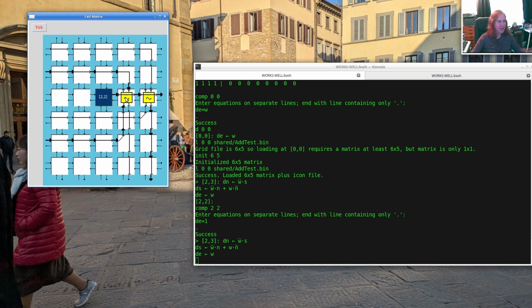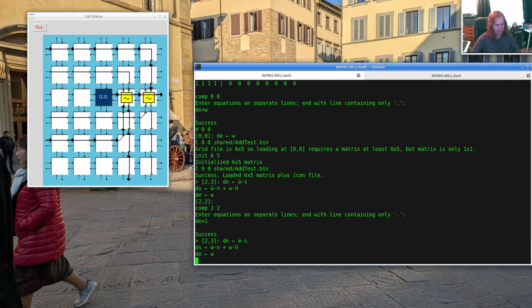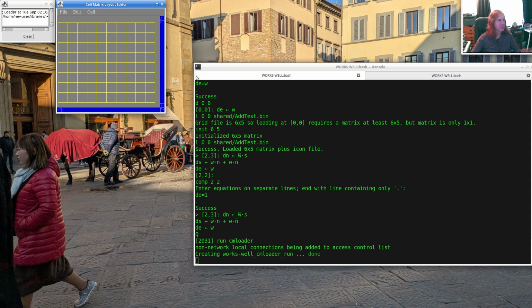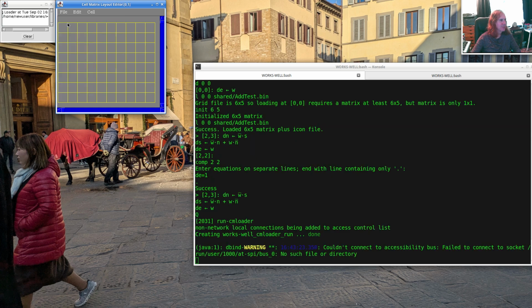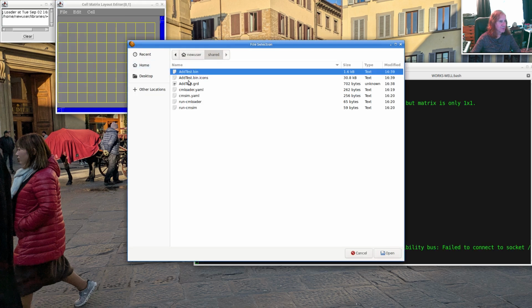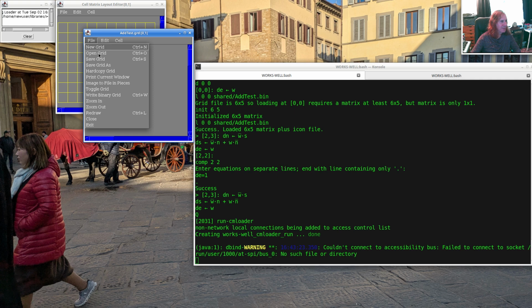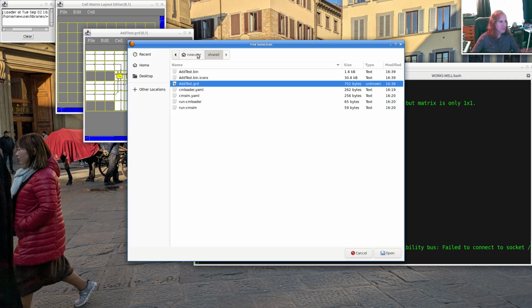Because this is not an adder. I actually copied a cell that's just supposed to invert the number coming from the top. So let's quit out of here, go back and run the loader, and make a quick correction to that. Let's open the grid, and we will open add test.grid, and then let's go back to